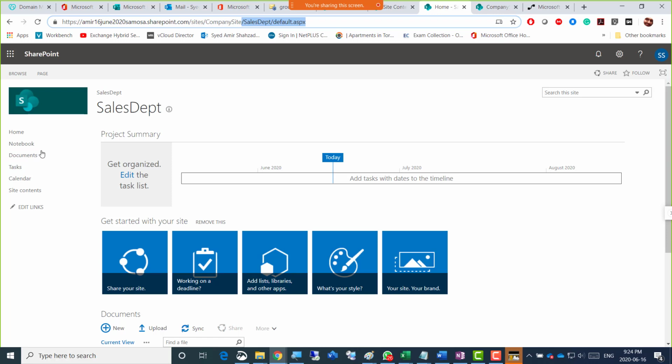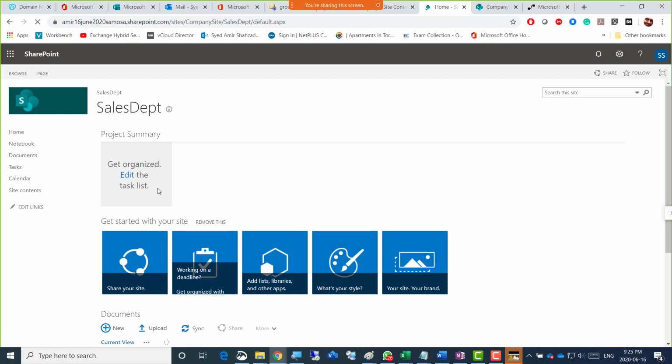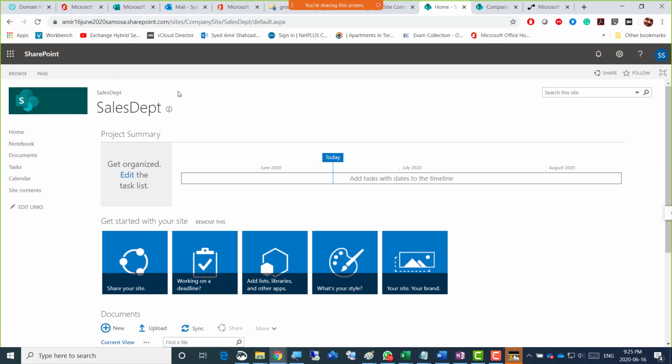No, right? If I click the home button and this is the home of this sales department, that's not the home for the company, so always home, exactly. So guys, what we can do is add a URL for our home button as well. I want to add a URL to the company site here on this subsite. Can anyone tell me how to do that?